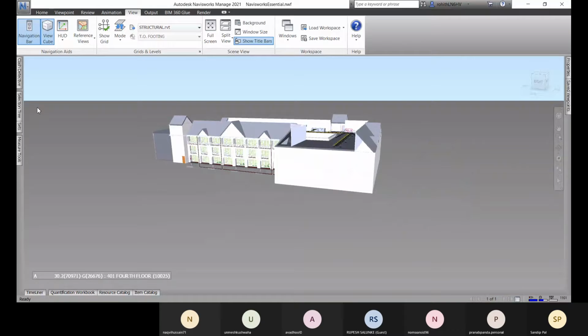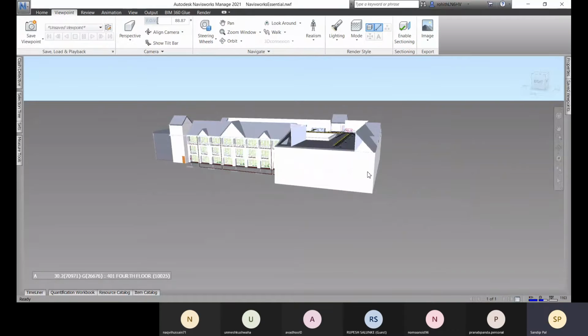Right. So to create your animation, we need some different viewpoints, and we will play all the viewpoints together. That will be our animation. So we all know how to create the viewpoints. So let's create a viewpoint.